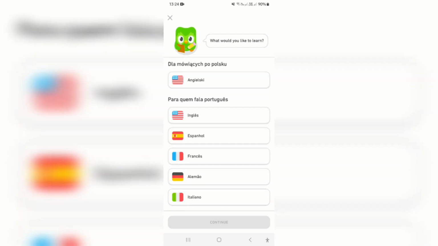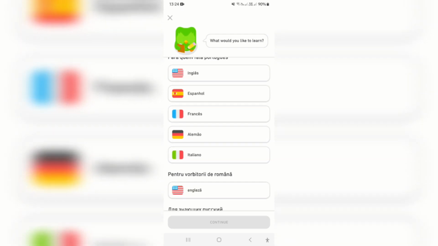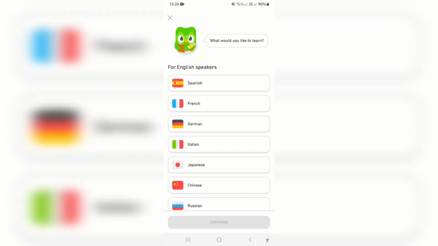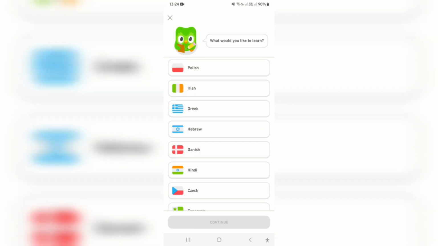It would be the same if your primary language was not English. You would go ahead and see the column that says for English speakers, and you can now learn whatever other language you would like